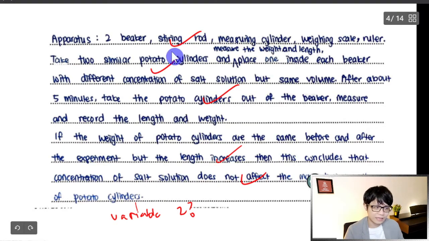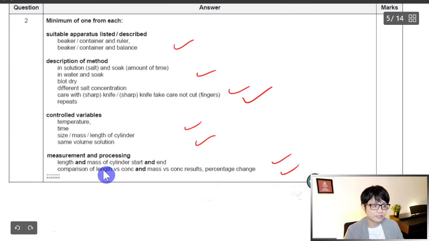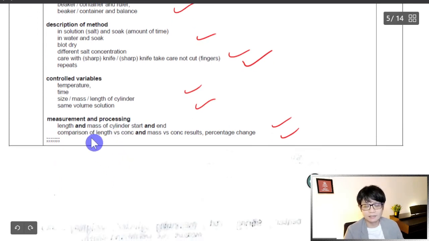The student apparatus gets 1 mark. Procedure, probably I will give him 3 marks. I will not read this, but I know the procedure is very long. You get 3 marks. And then for measurement and processing, it is also more towards the procedure, because when you're